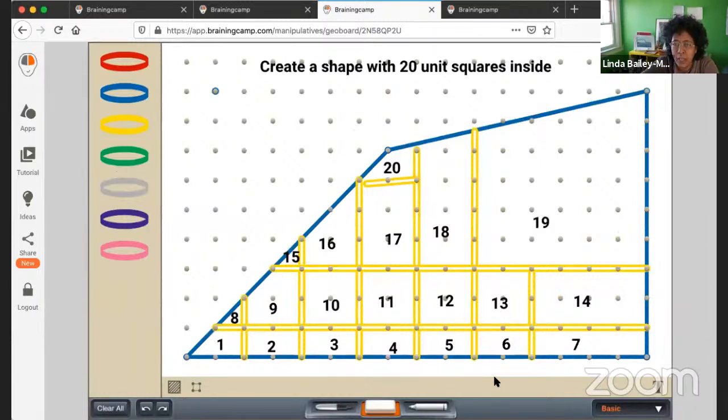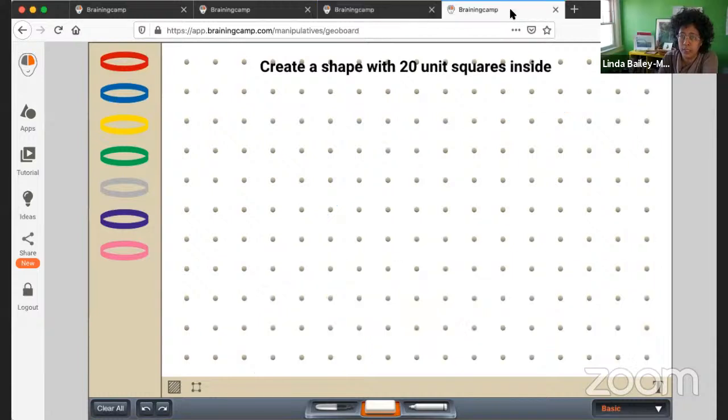So we have a lot of shapes. We have 20 shapes. And again, now I'm looking at the blue enclosure. Once again, we have an irregular shape, right? And you have different ways you can do this. Going back to